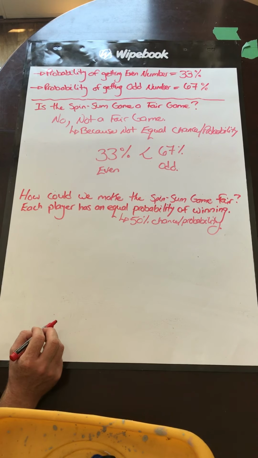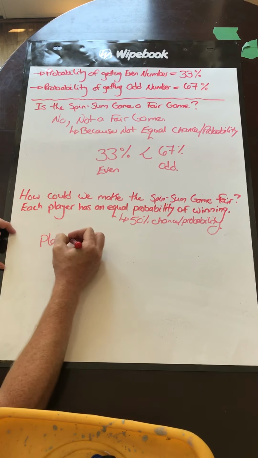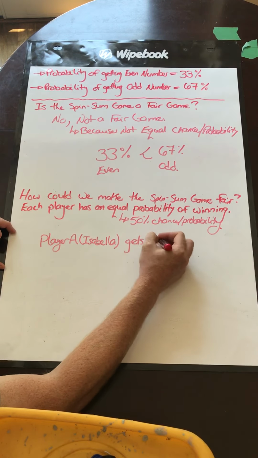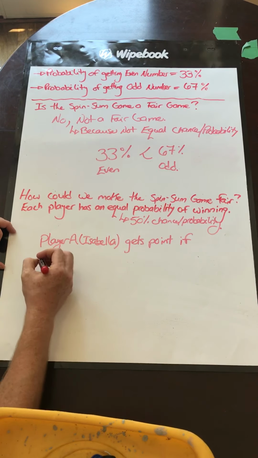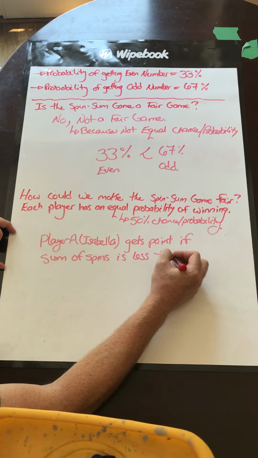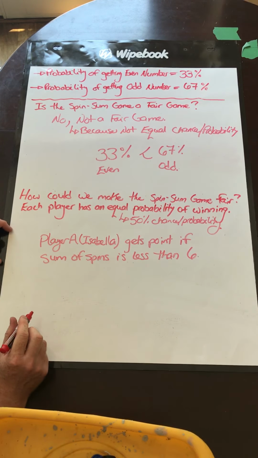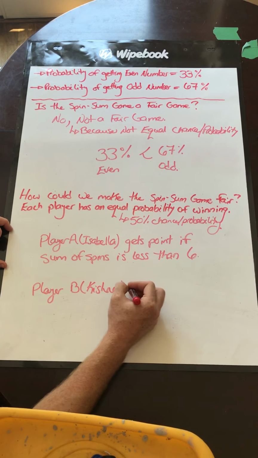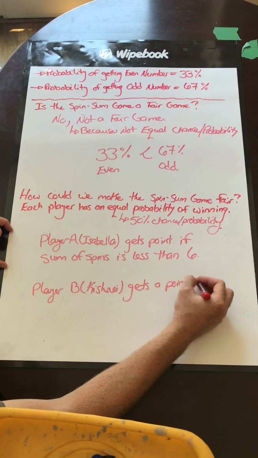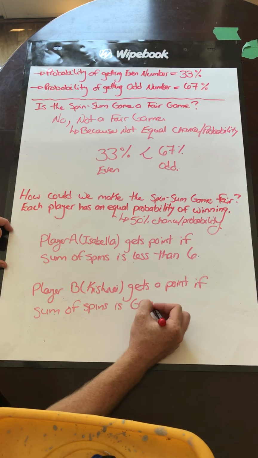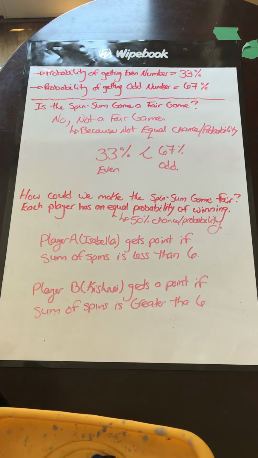Well, to make the game fair, player A, which we said was Isabella, could get a point if the sum of the spins is less than 6. Okay? And player B, Kishni, gets a point if the sum of the spins is greater than 6. So if I bring our tree diagram back and we look at those outcomes,